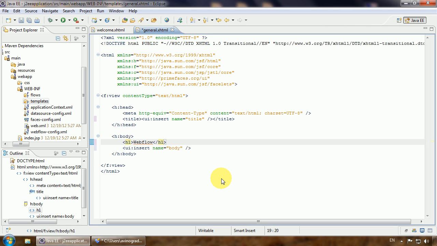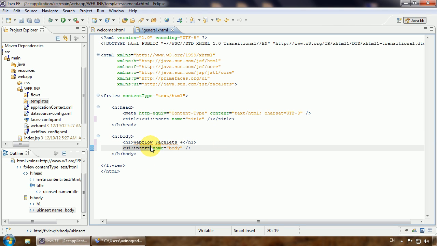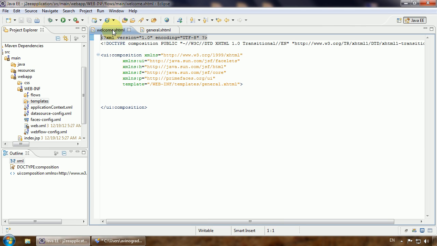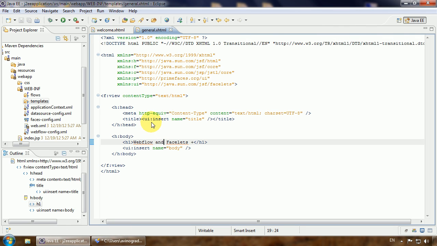Let's say Webflow Facelets plus, and the rest of our test string will be inserted through this insert tag from the flow we will access. Save that, and let's go back to our welcome view, and here we want to reference